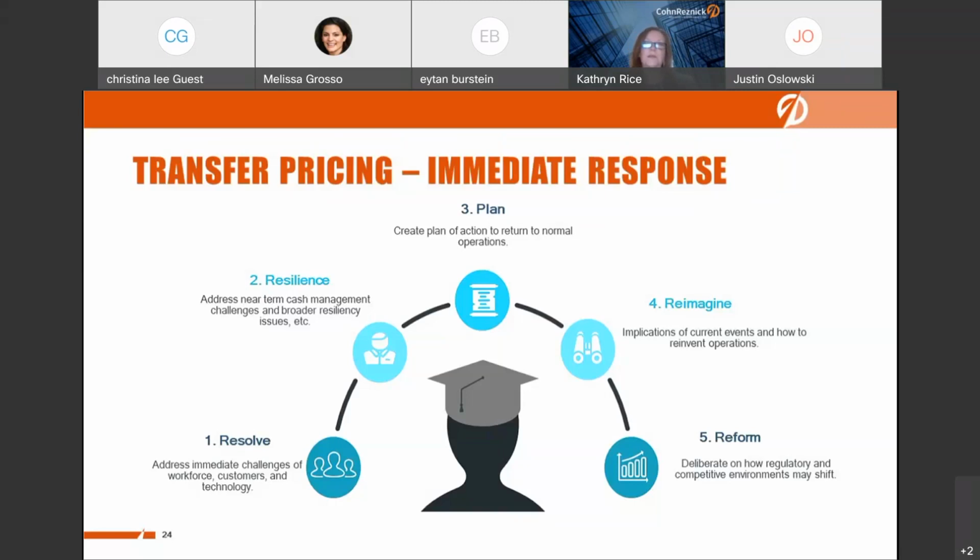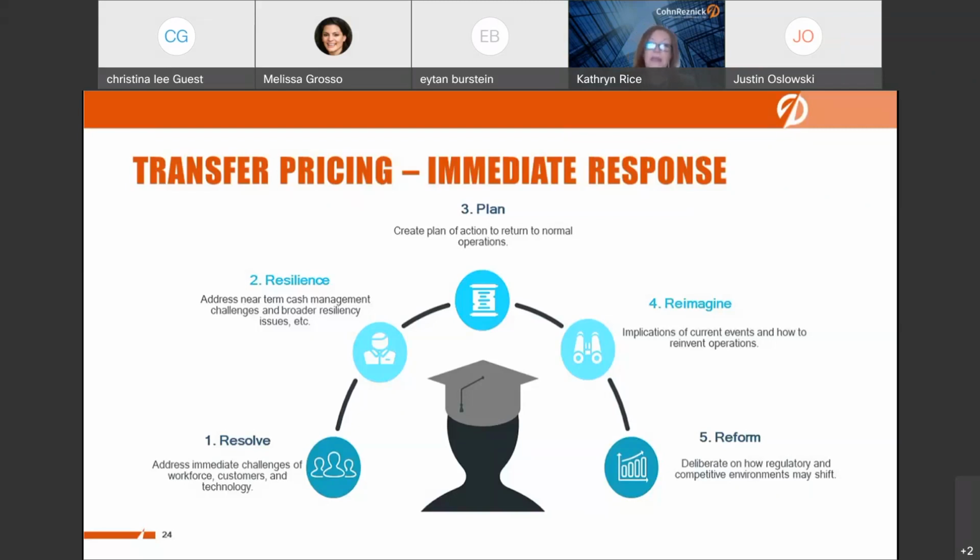But before you can even get to that, you need to assess what's going on. And then is there another way to deal with the tax ramifications of that, right? And plan. So there's the immediacy and then the potential to plan to return to normal operations or to address any changes that you might note would be beneficial going forward,